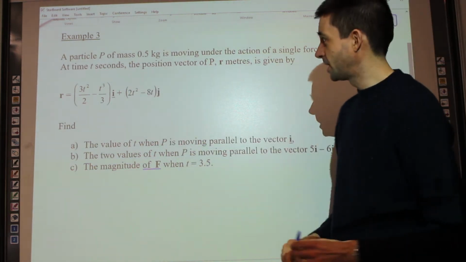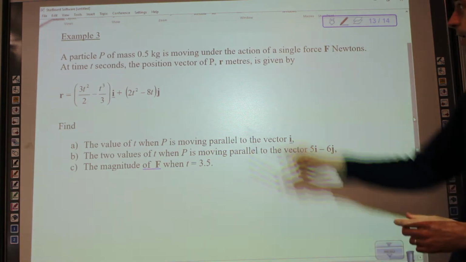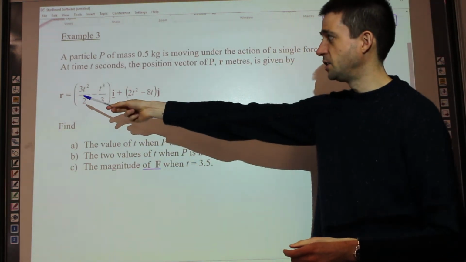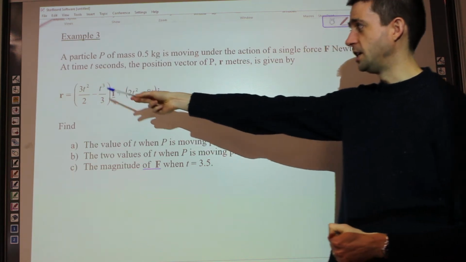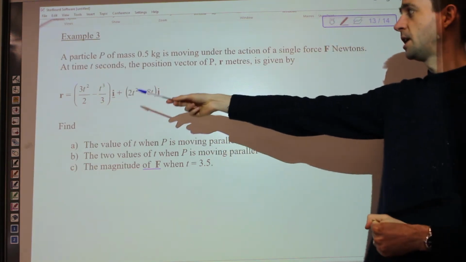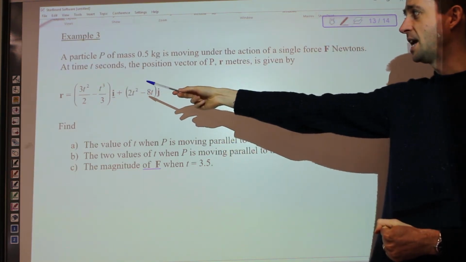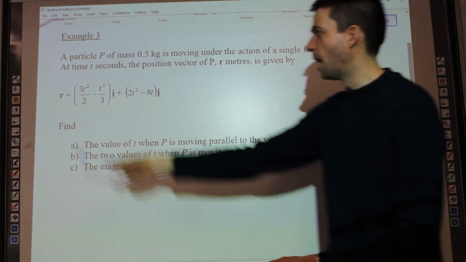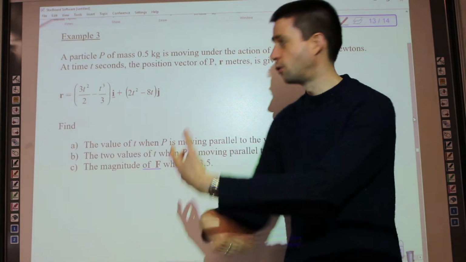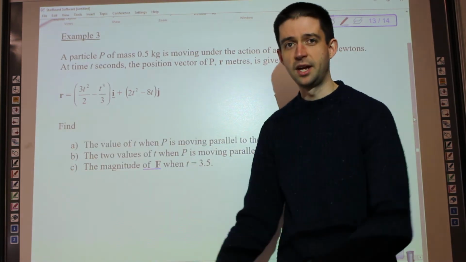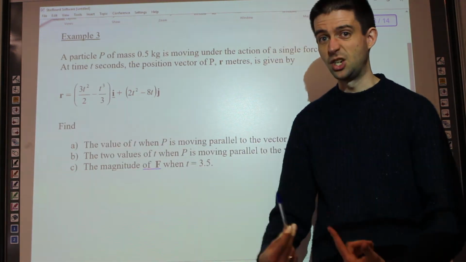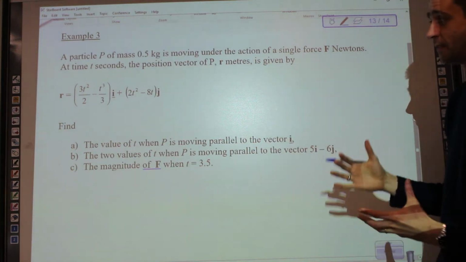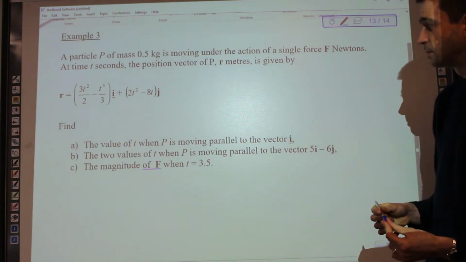At time t seconds, the position vector of P, r meters, is given by r equals (3t squared over 2 minus t cubed over 3)i plus (2t squared minus 8t)j. So I've tended to be using x for position. Here we have r, so throughout this example, to be consistent with what's here, I'm going to be using r for position. And we're being asked in part A to find the value of t when P is moving parallel